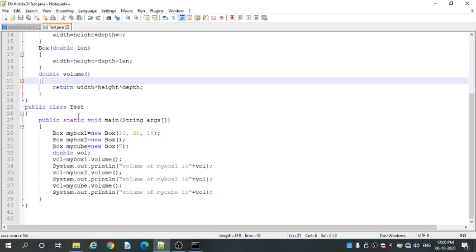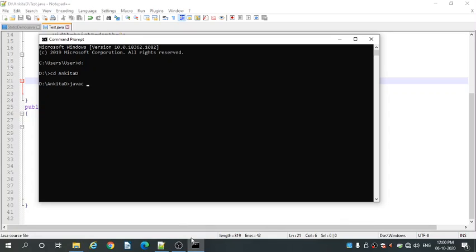So you should give the name Test for saving this program. So javac Test.java, and press enter. It is compiling successfully. Then the run command, java Test. It shows the final result of this program.